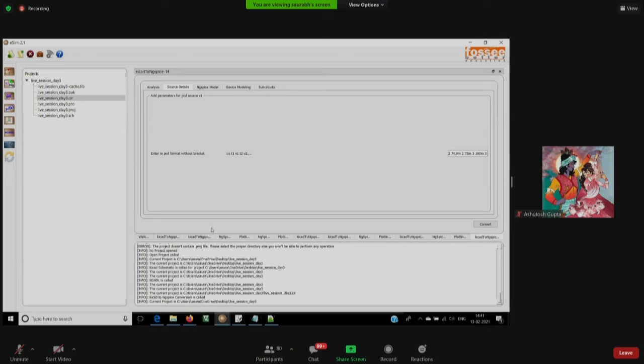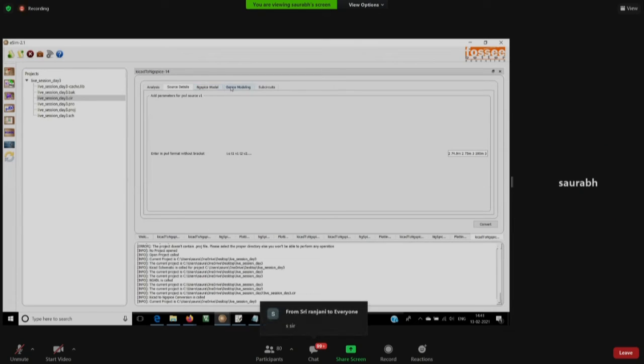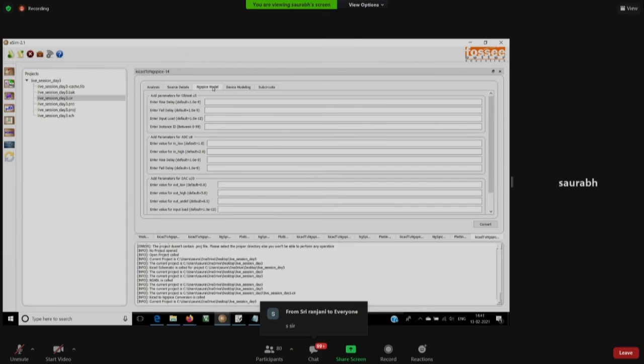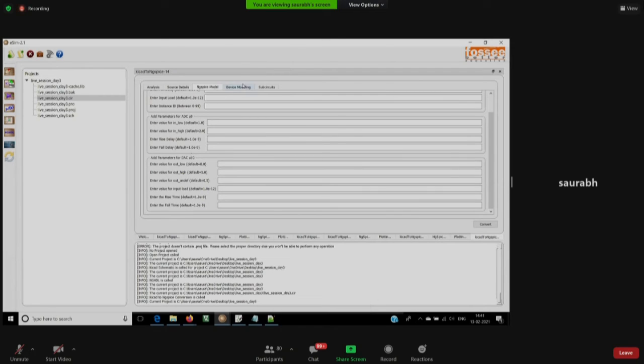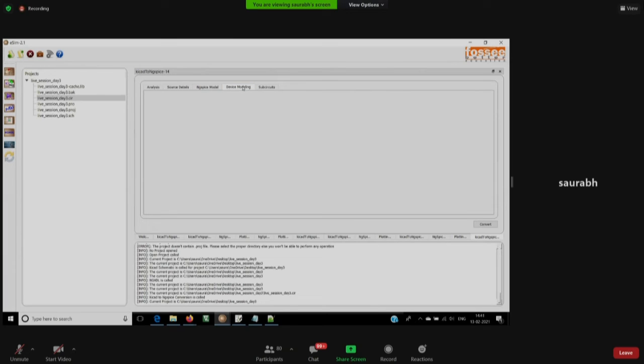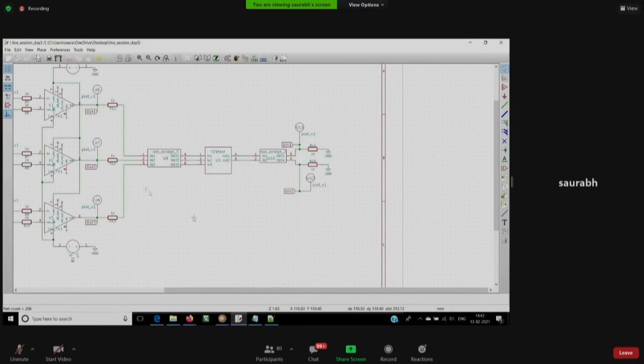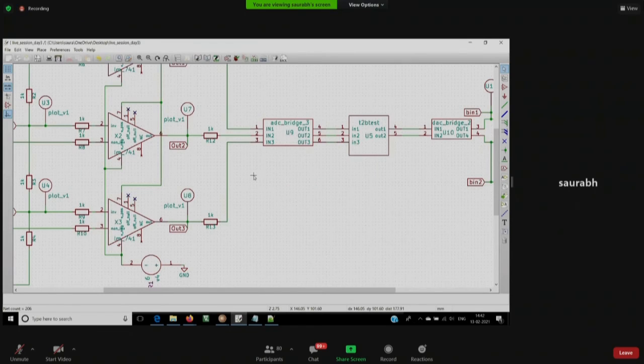Yes, sir. Once we do that, we are not touching anything in the device ngSpice model. We will leave the values as default. We will not change any of these values. We proceed to device model. There are no semiconductor models that we have used here. There is no diode, there is no BJT in this circuit, as you can see.